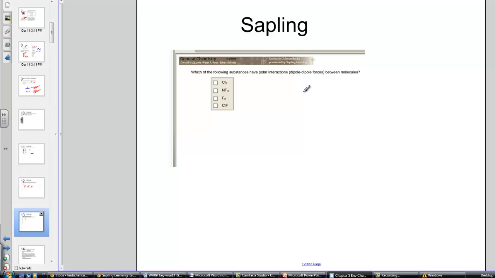Which of the following substances has polar interactions between the molecules? So I think it just simply helps to visualize. In that first example, we have a chlorine attached to a chlorine. Of course, this would have an electronegativity value of 0, so this would be a nonpolar molecule, and therefore no interactions occur. Now, nitrogen trifluoride, nitrogen has 5 valence electrons, so I'm going to start with 5 dots, and then